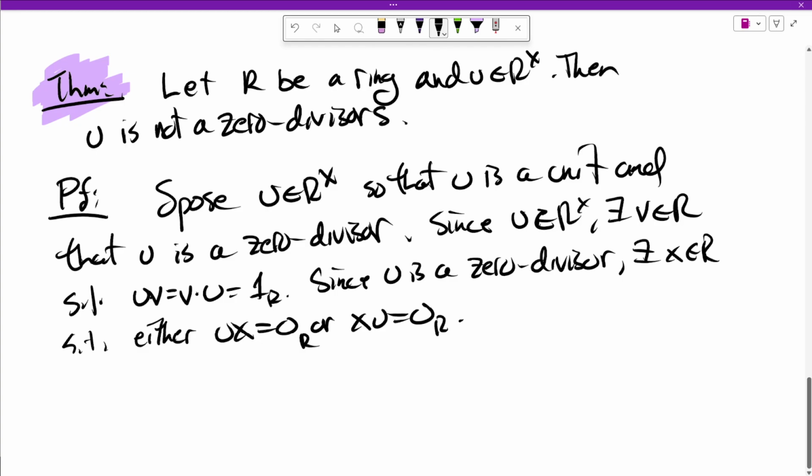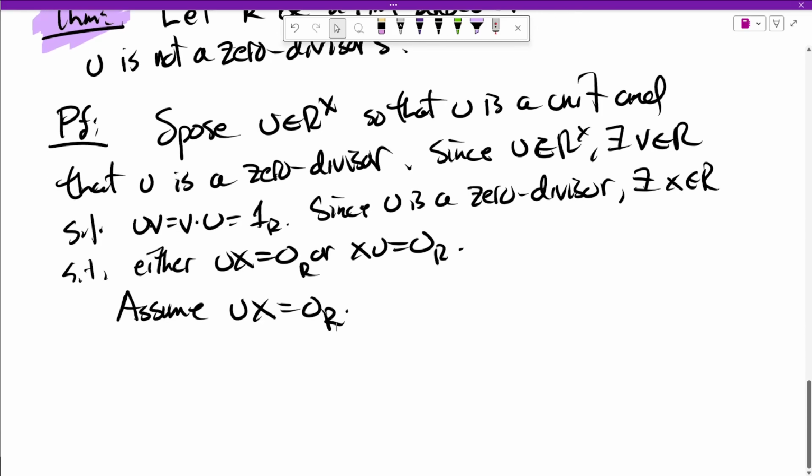Now, the proof for either of these cases is going to be the same, so we're just going to assume the former. And again, our rings are not necessarily commutative, so order is important. So assume UX is 0, and if we multiply now by V,